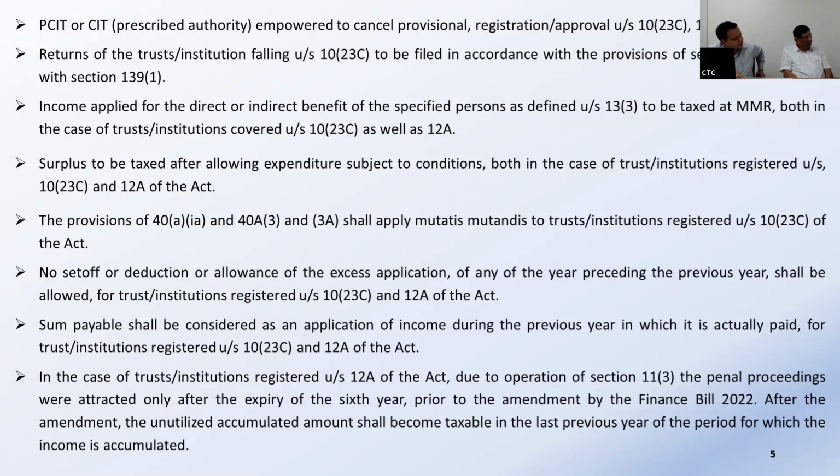Only one thing here: unlike 43B, the provision for payment before the due date is not there. It is not there, but it was requested to the Under Secretary, Mr. Kamlesh, and Madam Sahai was there, Joint Secretary and Under Secretary. They have taken this point and noted it. They will think it over. I think that is a good suggestion and good idea. It can be paid before the due date and be allowed. Because he said that people are not paying for 10 years and yet taking application of income. So, like 43B, it will be restricted to the filing date.